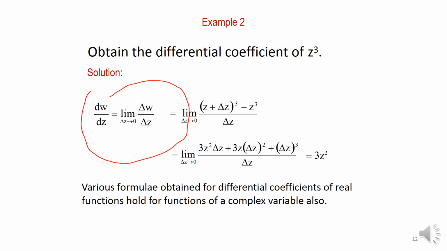We write down limit delta z tends to 0 of [(z + delta z) cube, that is f(z + delta z), minus f(z)], which is z cube, upon delta z. So we simplify it and we get the value 3z square, that is the differential of z cube. So we can see that various formulas obtained for differential coefficients of real functions hold for functions of a